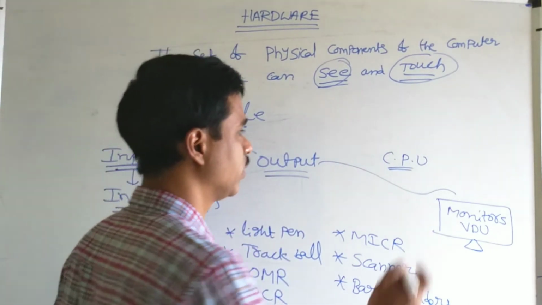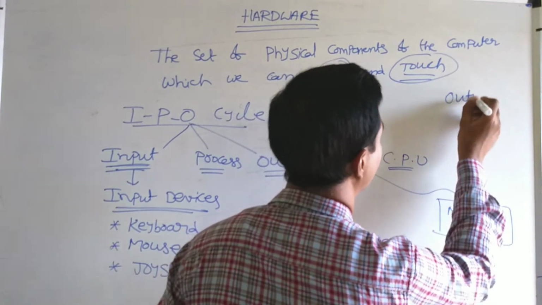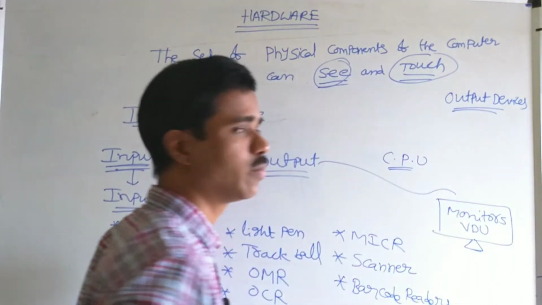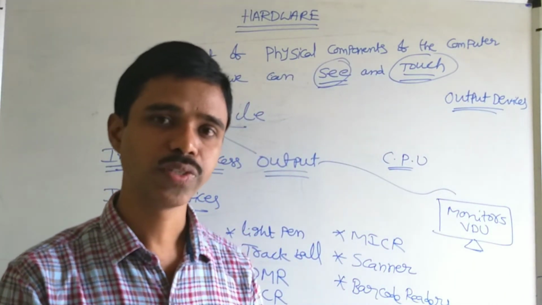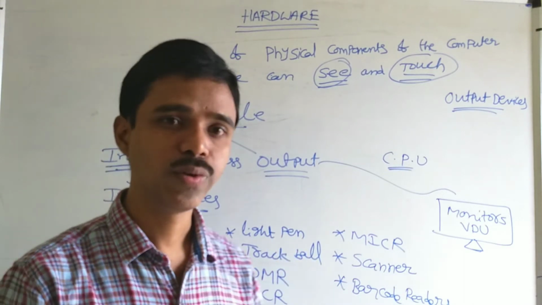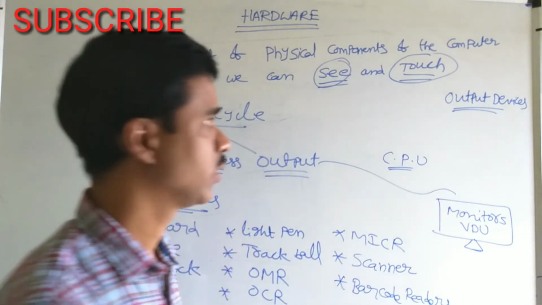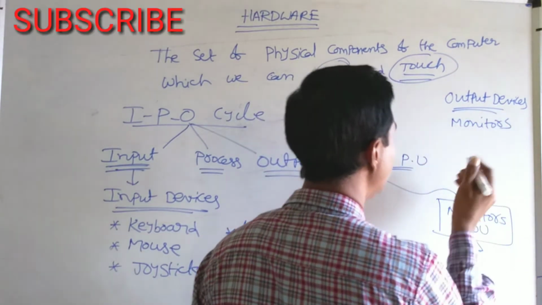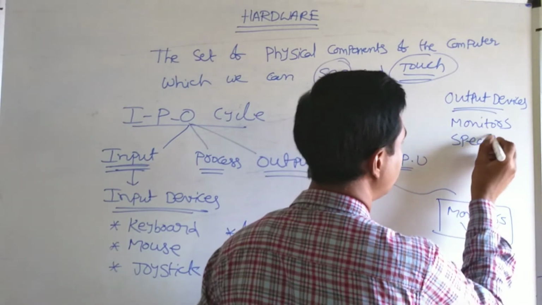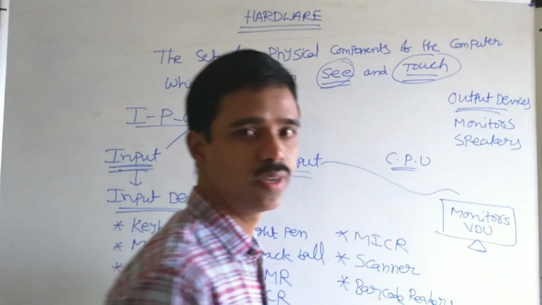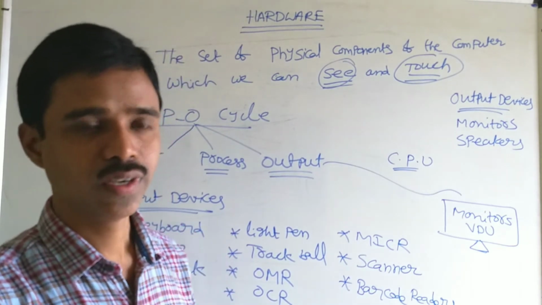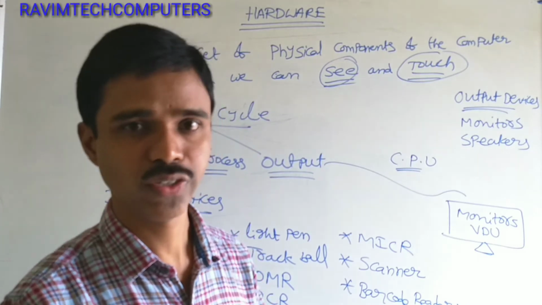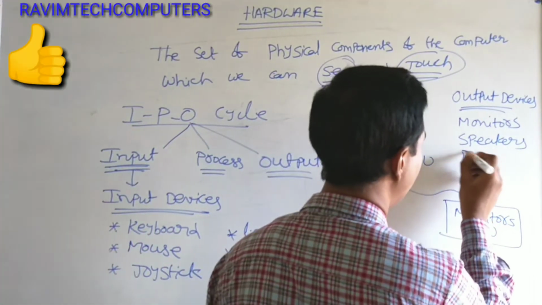Coming to the output devices, the devices which are responsible to display the final results on the output screen, and the devices which are able to give hard copy printouts, like printers. Monitors also come under output devices. Speakers are able to produce the sounds from the computer while watching movies or listening to songs. So you can listen from the speakers. Speaker is also hardware which you can see and touch. So monitors, speakers, printers,